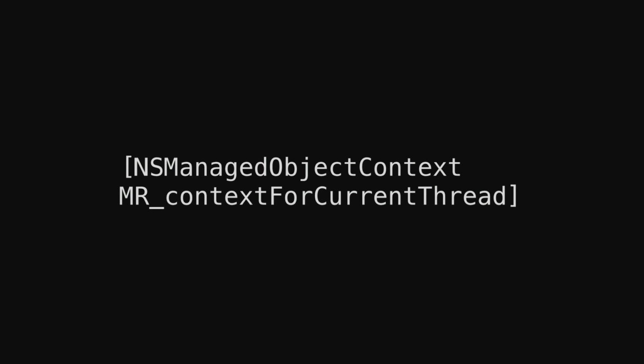And you can store basically thread local variables into the thread dictionary. So what this method did was grab the thread dictionary, see if it has something called a context in there, with a uniqueified name so that we can identify what we're after. And if it wasn't there, we create it and then give it back to the thread. That way we don't have to create a managed object context for every new thread. Now that worked fine in thread isolation mode, and it also worked fine in a world before GCD came around.